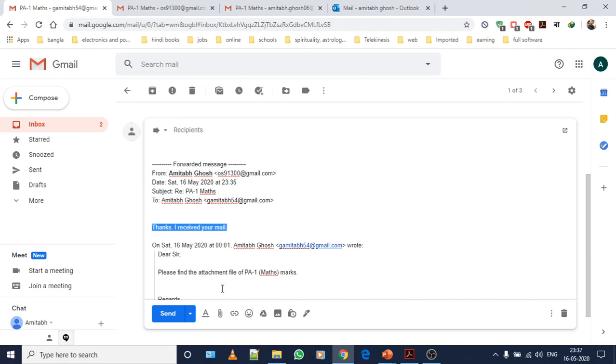So he will receive the original message which has been sent by the sender, and also the sender's response, the second mail ID which he receives as a reply.